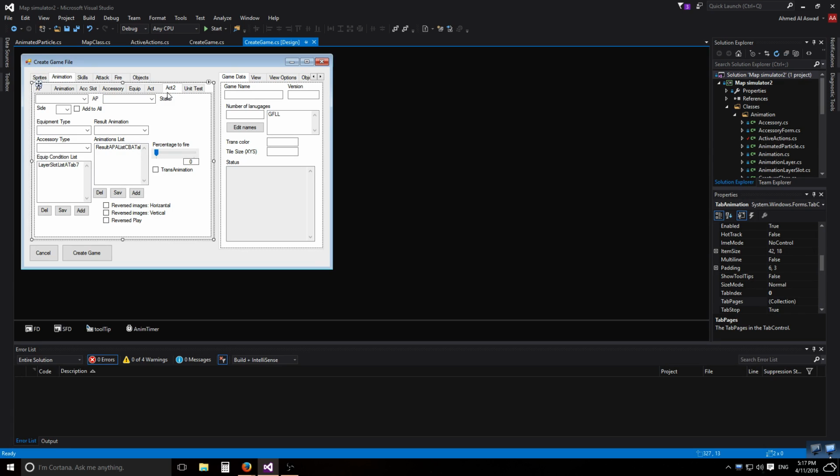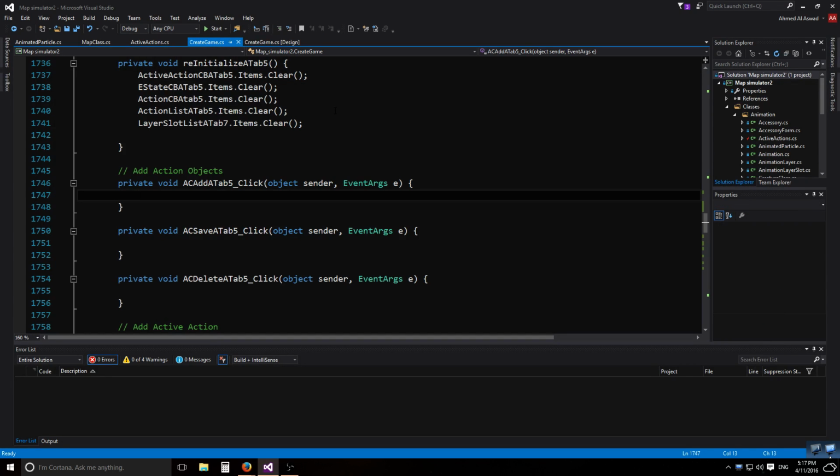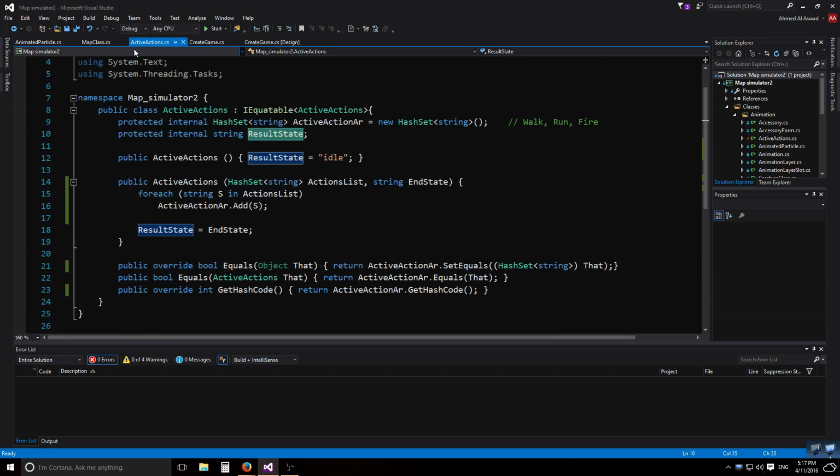Oh yes, I believe it's a list of these suckers, a list of action conditions. I need a different name for that. A list of animation results. I need a name for that. That's the whole thing. So what's going on? What is going on? What's going on is